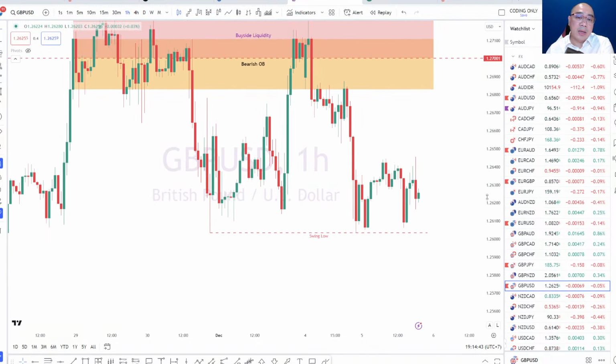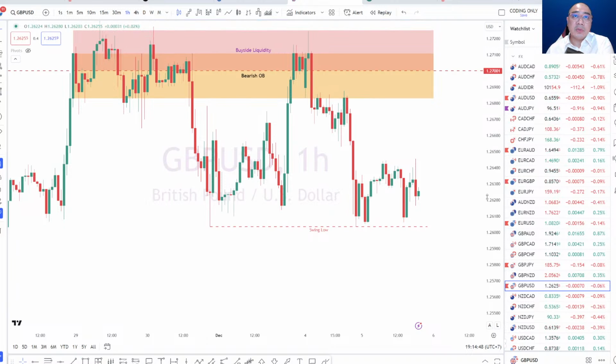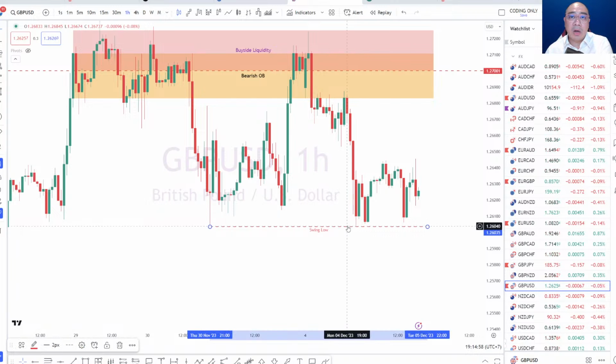it's kind of a neutral scenario with the pound USD, because we can't just assume, all right, the intent to sell at 1.27 is so strong, we should just continue shorting it. If you want to short it, you would have exited at the swing low that we have here on the pound USD, which is closer to 1.26.